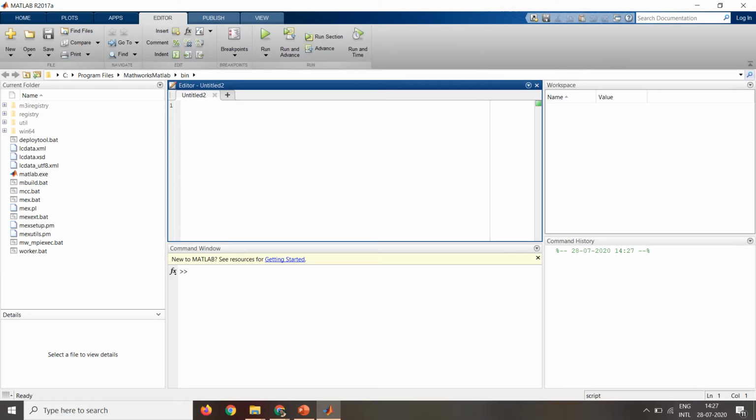So when you select a new script file, you go into third tab of the menu, that is editor. Here you can save your file. If you want to open another supporting M file, you can open it from here, or if you want to write a new script or a function file, go to plus sign. Then after completely writing your code, if you want to execute it, press F5 or the play button. That will execute your script file or a function file.